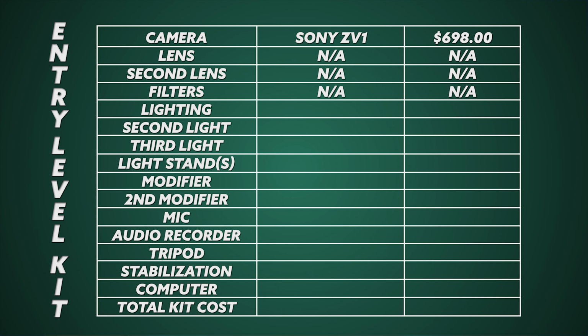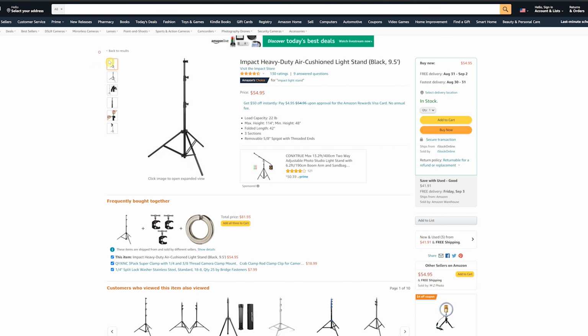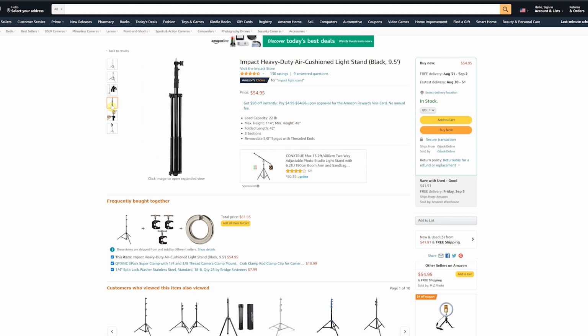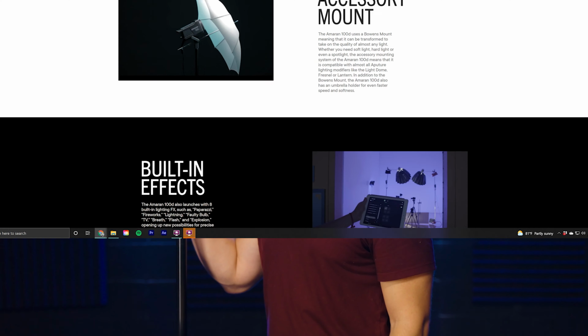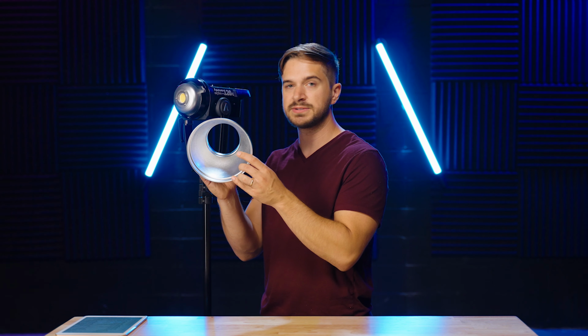So the other thing you're gonna want is some sort of light stand. We have a recommended one here from Impact, and in the previous video, we recommend you just get whatever you can. Just get something that's gonna give you the height that you need and feels like it's not gonna fall apart after 2 uses. The other advantage of using a light like this is you're getting a versatile mount on the front. This has what's called a Bowens mount. Now with this mount, you can screw in a lot of different modifiers. It comes with a reflector dish,